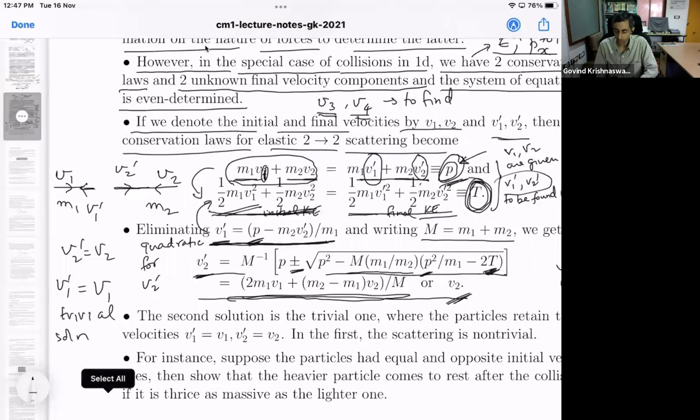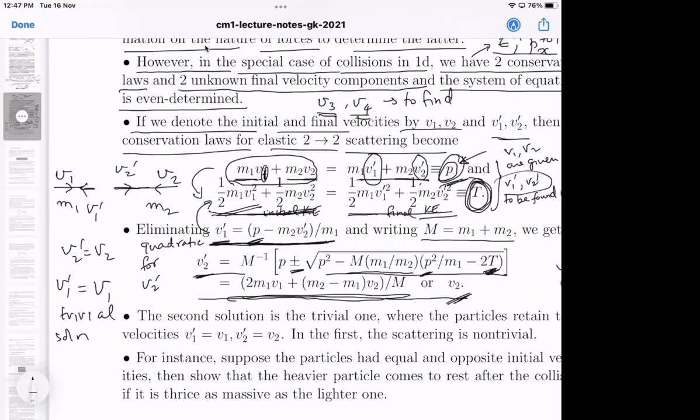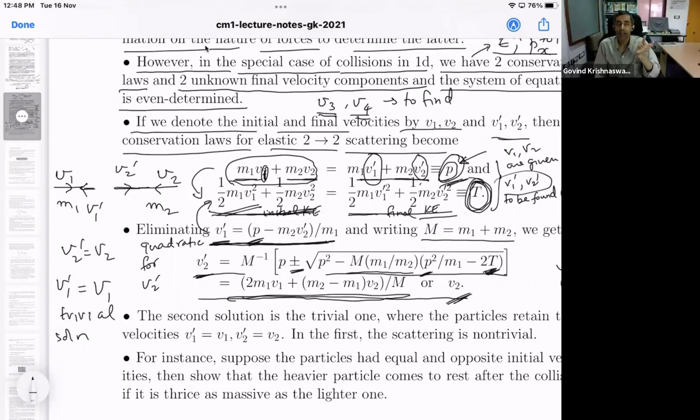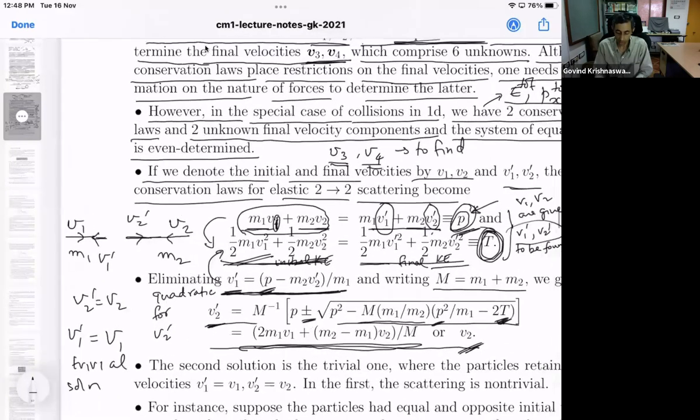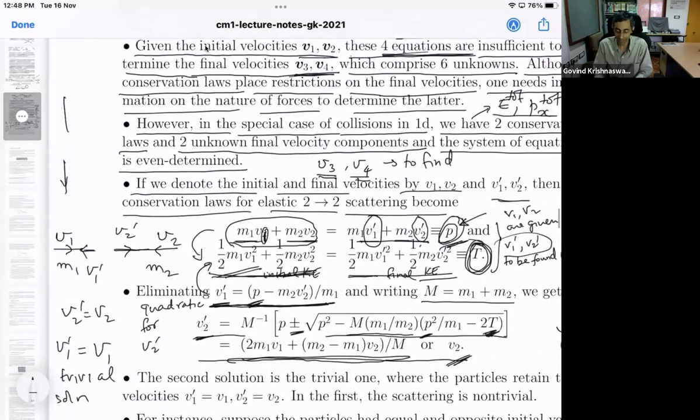And physically, what does this correspond to? Could someone describe it? Sir, it corresponds to the case where one of the particles has an opposite velocity to the other, and they do not collide with each other. I mean, they just go as they are going. Right. The particles retain their velocities. Of course, it depends on how the initial state was. It could be that they were flying apart to begin with and simply keep on flying apart. That is one possibility, of course.